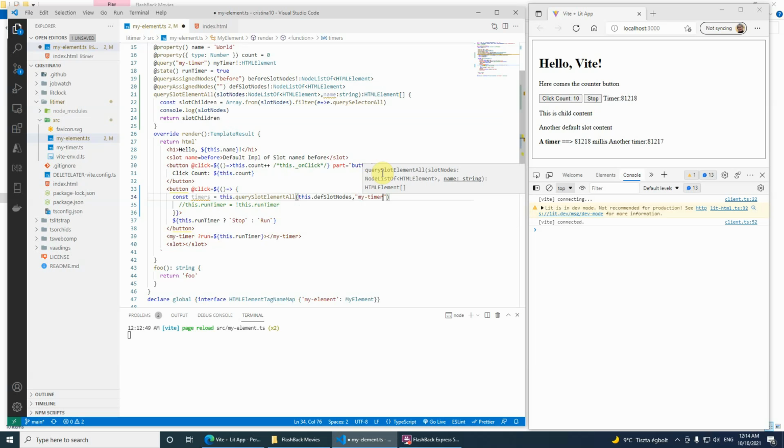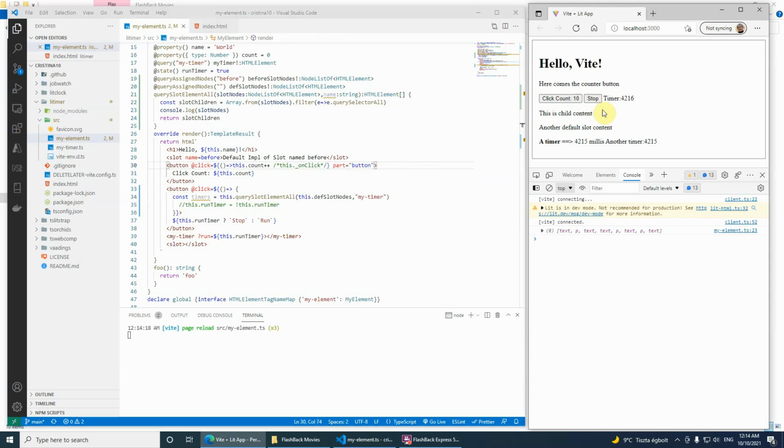Okay, this is the name of the objects I am looking for. Okay, cool. Stop. So what does it do? This query slot, default slot nodes, these query assigned nodes, return all of these elements,